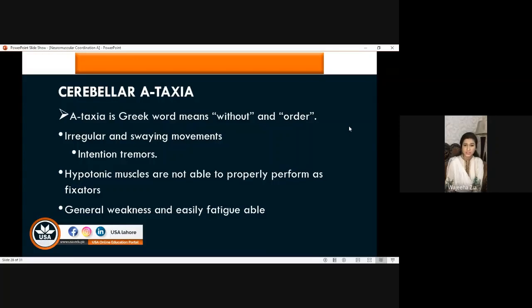The muscles are mostly in hypotonic conditions, and in the patient there is fatigue, extreme fatigue. Because in case of cerebral ataxia, there is loss of coordinated movement and the muscles become extremely hypertonic, and there is a loss of efficient movements. So there is more contraction and less output. Input and output don't remain balanced, so it leads to extreme fatigue, and the patient is aware of that fatigue. They are not able to perform all their activities. They become very lethargic in a very short duration.